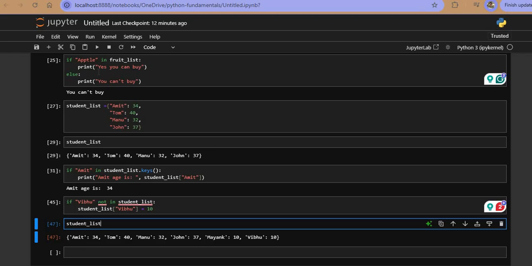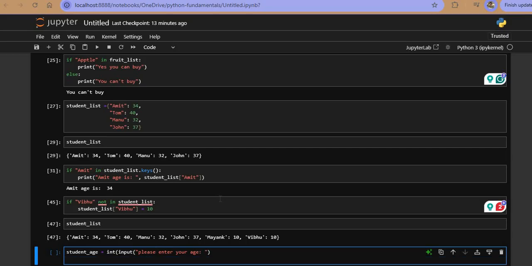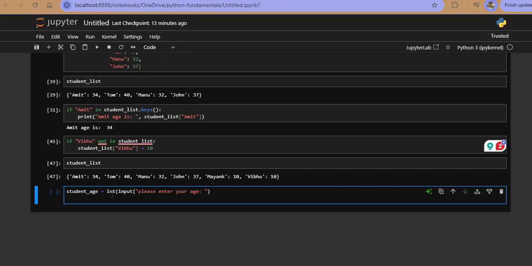And there is one more thing you can see. Let's say I am defining one more variable, the student age, and I am taking the input from the user. In this case we are not hard coding anything. It will ask you to please enter your age, and we are converting that